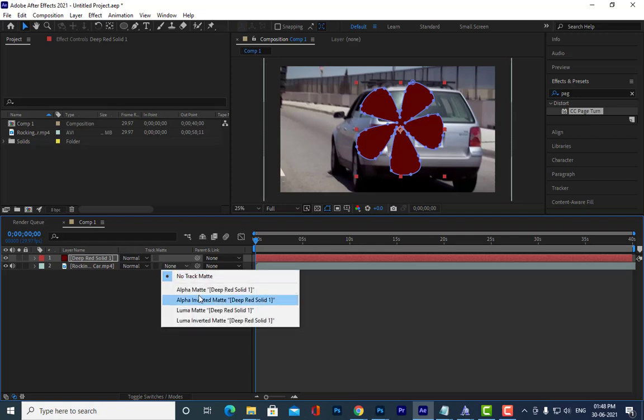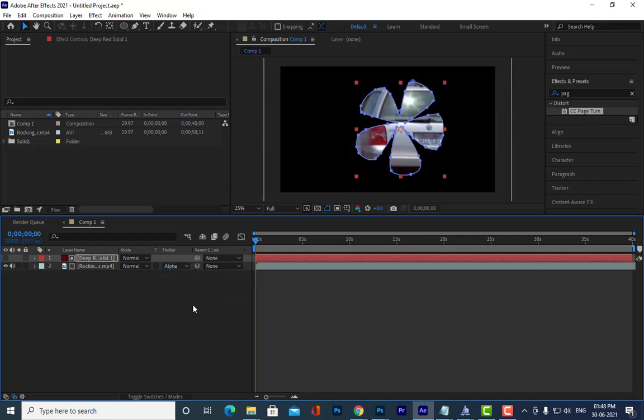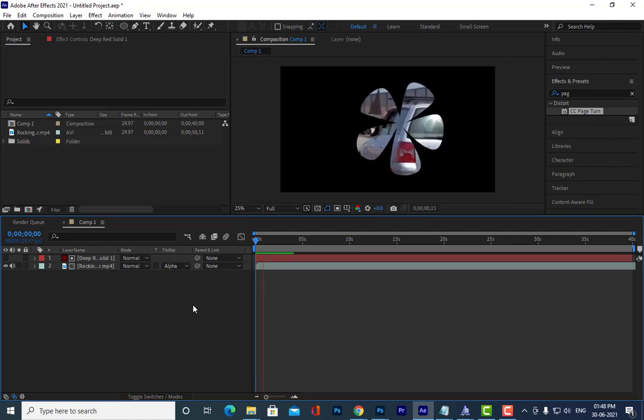Right, so we'll select the alpha matte. Is it clear now? See, we have now brought the shape from Photoshop and placed it inside this Photoshop shape. Is it clear, all of you?